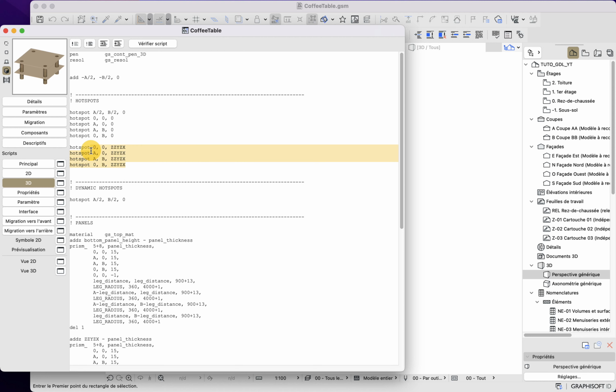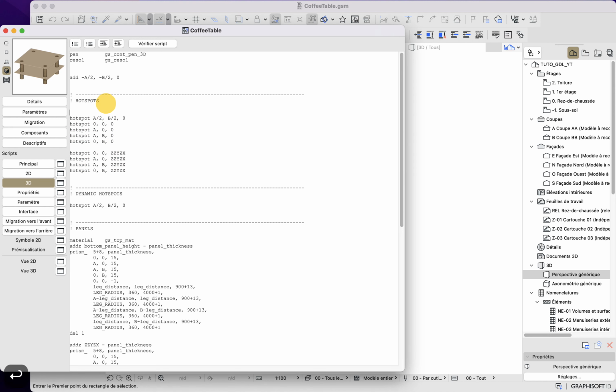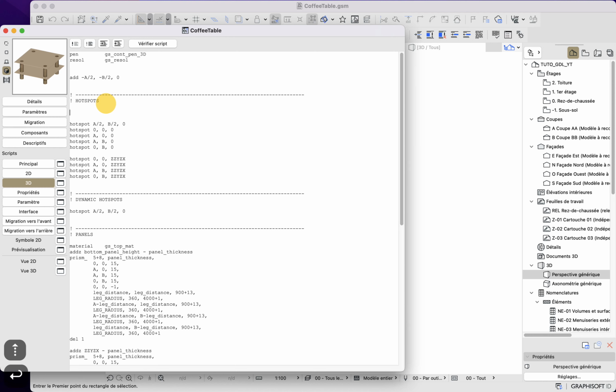It doesn't make any bugs in our code, but it is good practice to have this, above all when you start using dynamic hotspots. So here we will create a unique identifier. Because it is for hotspot, we will name that identifier, for example, H for hotspots, ID, HID, and then we will put, for example, 1.